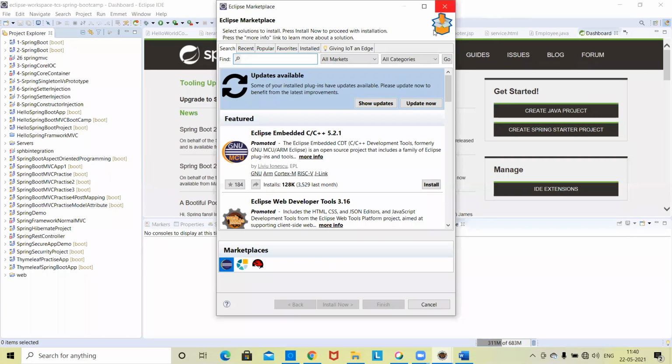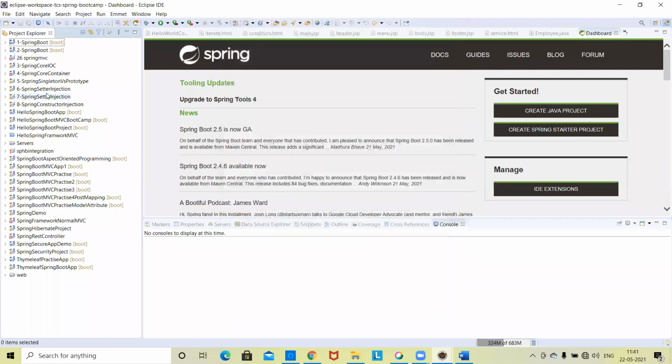Okay. Sir, in my Eclipse there is no Spring Boot option, sir. Have you searched with the Spring Tool Suite? Sir, I have installed Spring Tool Suite. Then how to create a new project? That is the steps I am showing here. How will you find it? The first time, you will not notice it here.